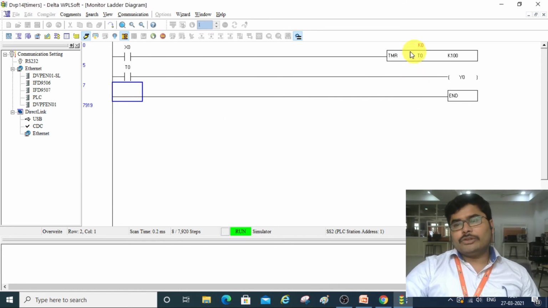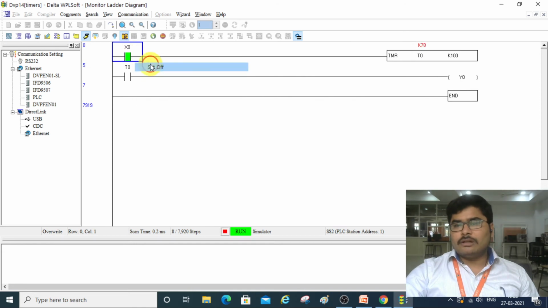So when you use the general purpose timer, suppose you press X0, your timer starts its count and it is counting the value. Suppose the supply to the timer is disconnected, then instantly it goes to 0.